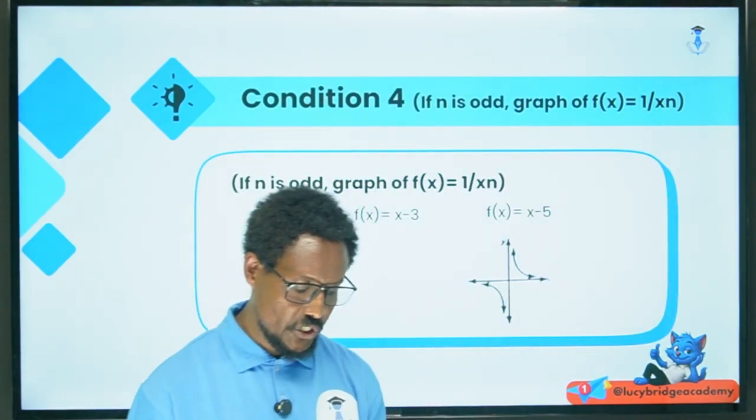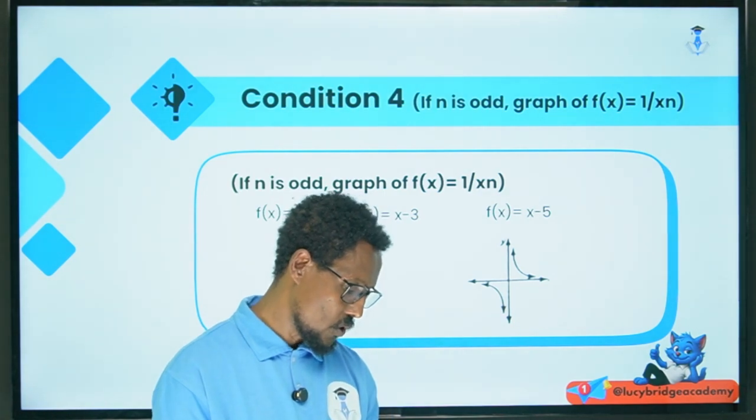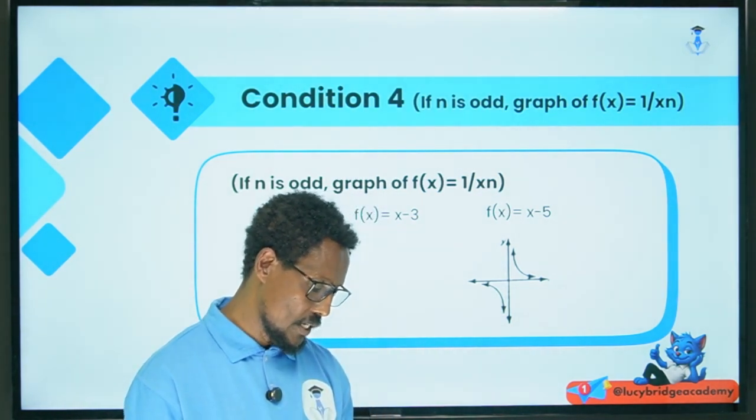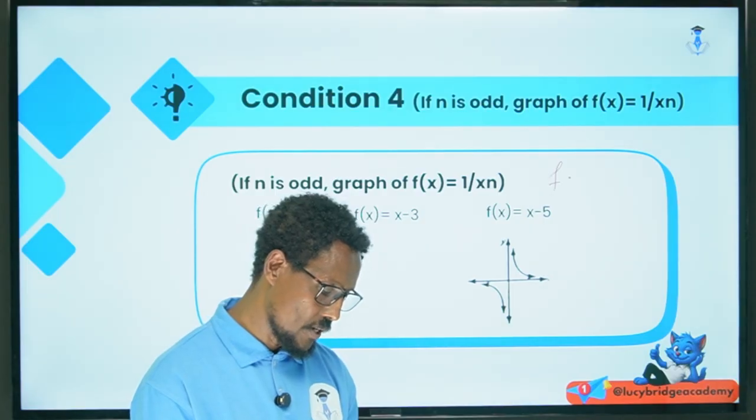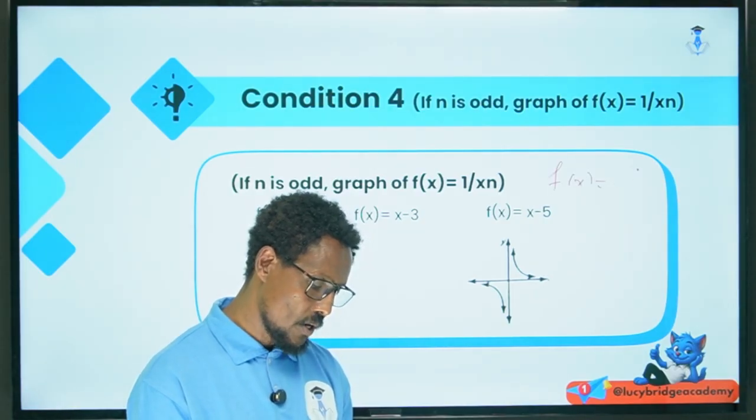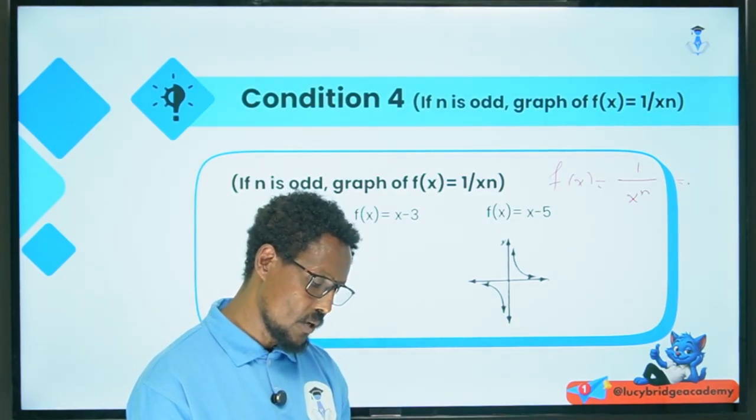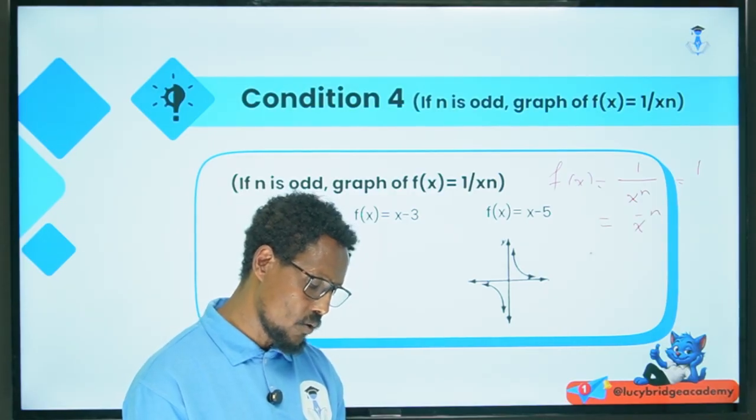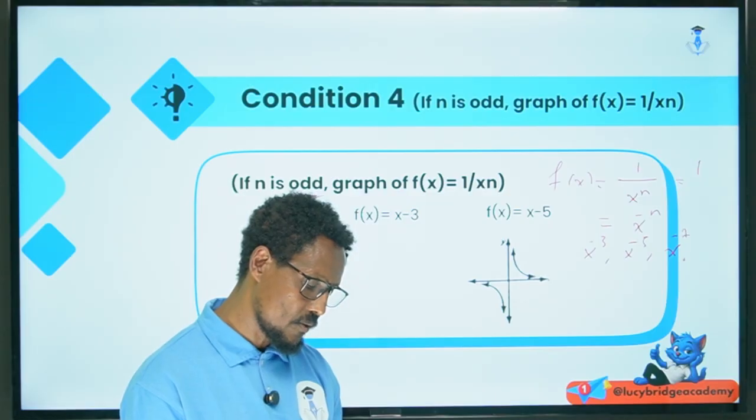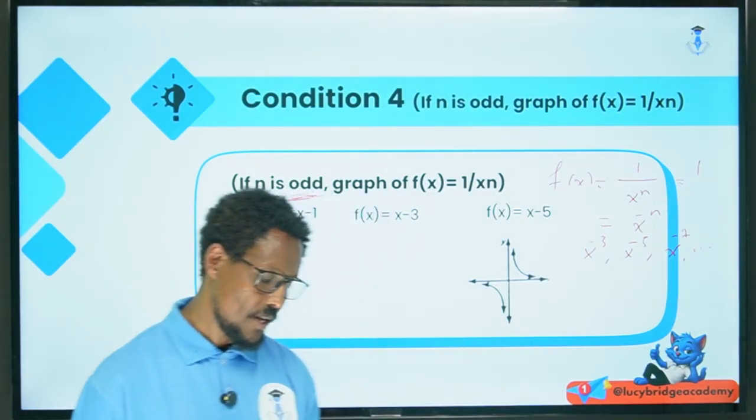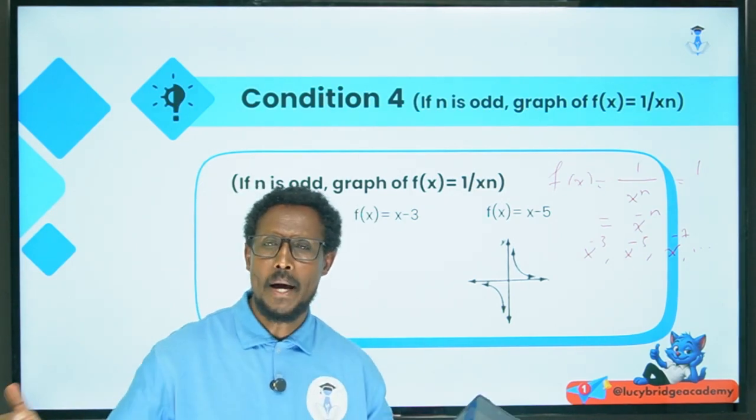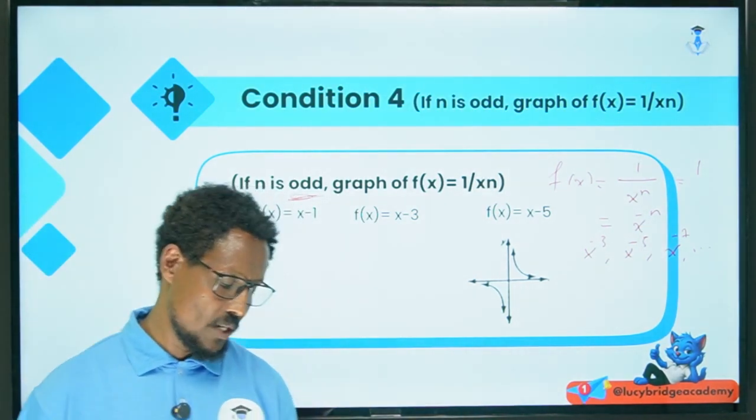The next condition: 4, n is odd, and then f of x is equal to 1 over x to the power of n where n is odd. This means 1 over x to the power of n means x to the power of minus n ማለት ነው። n odd ሲሆን x to the power of minus 3, x to the power of minus 5, x to the power of minus 7 and so on. እነኚህ ደግሞ በአንድ ካታጎሪ ውስጥ እናገኛቸዋለን።